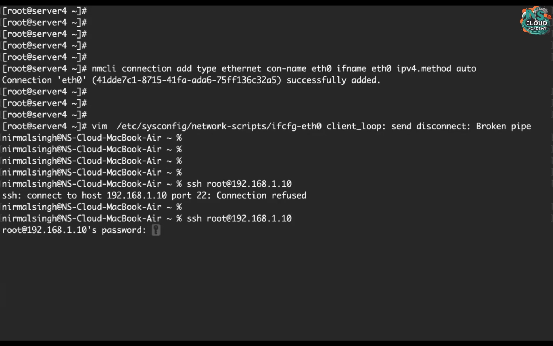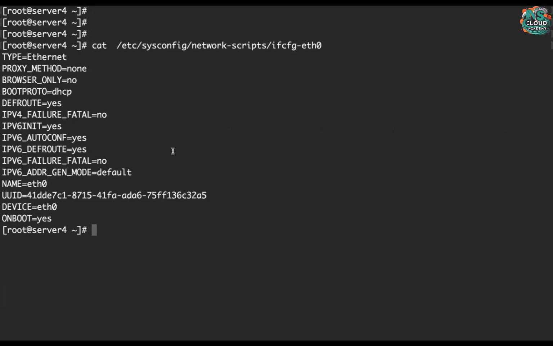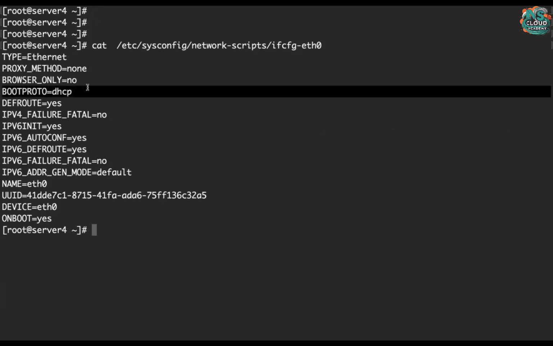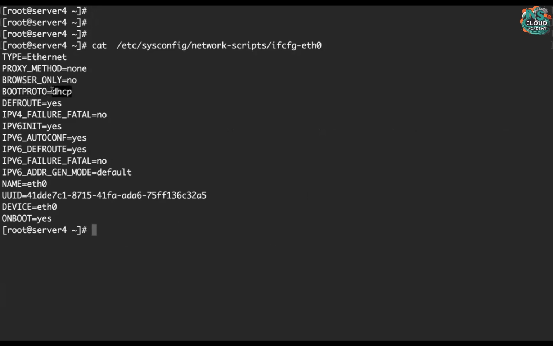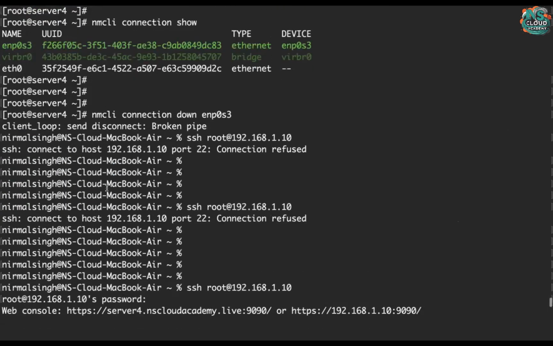Okay, so see what difference happened in that file which we configured here. Let's do the cat and see what is written inside it. See inside this, BOOTPROTO. Now it's written DHCP, right? And there is no IP address inside this configuration file. There is no IP address. But when you see the last cat command,